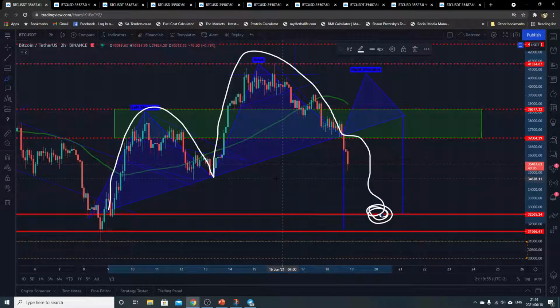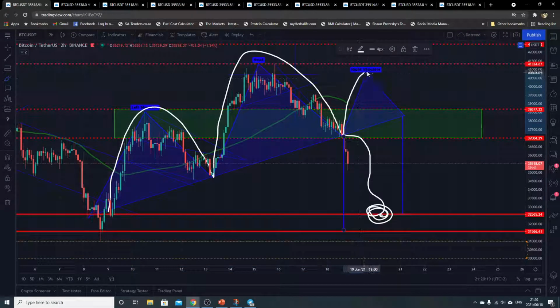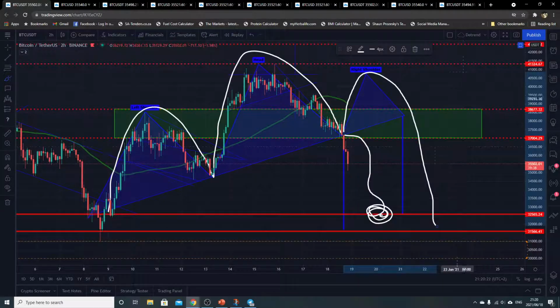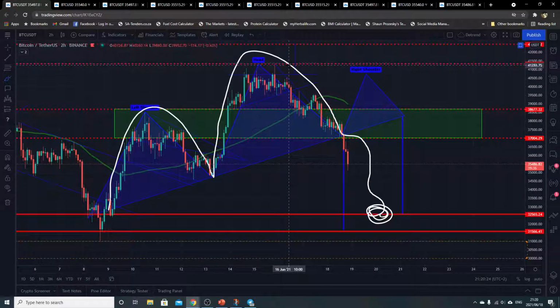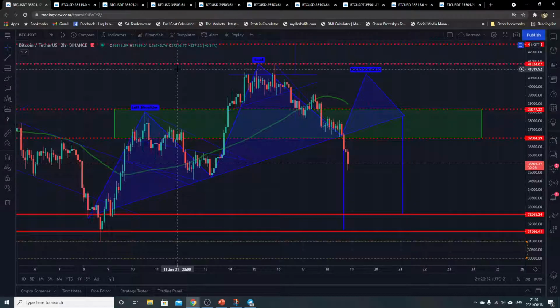At the moment, the extended M pattern has a smaller left hand side of the M, and the right hand side of the M is a bigger M. In a general M pattern, the left hand side of the M is a big one, and then you'll have a smaller right hand side falling like that and then breaking down. Okay, all right guys, so now, as explained in the previous YouTube video regarding this, we have broken